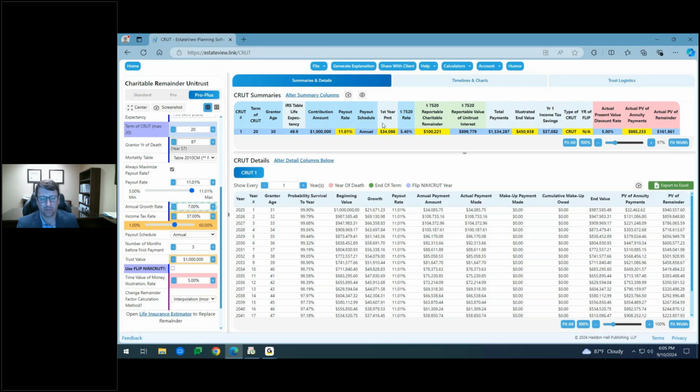What is my first year payment going to be based upon my assumptions? What is my reportable charitable remainder value? So what is my charitable deduction for funding this trust is shown here under the 7520 reportable charitable remainder, the expected value of my stream of payments according to the IRS, and then the total payments that I would receive, what's left over at the end of the trust, what are the income tax savings from this in the first year, and then again our present value calculations, which is the present value of the stream of annuity payments, is